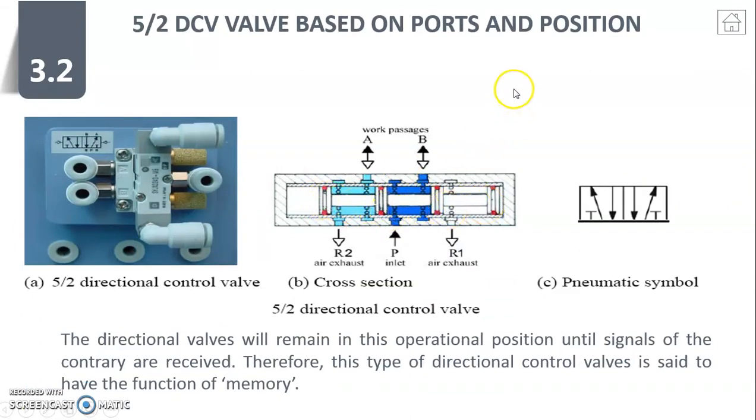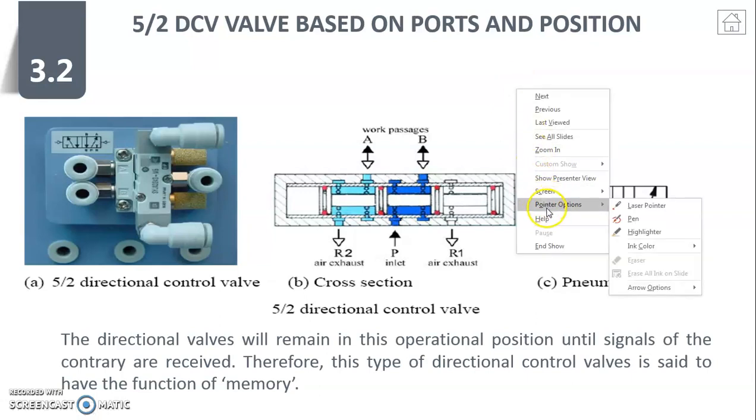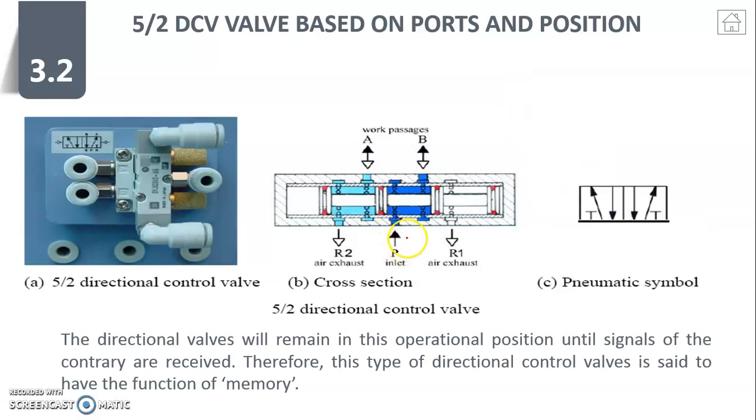The only thing is here we have 5 ports. I just want to mark it. You just assume the power is always connected with port 1. So this port is said to be port 1, and this B, that is the two-way double acting cylinder, is connected. Port 2 is connected with your double acting cylinder one way, and the third one is used for reservoir 1, or it will be connected with your vent 1, and the fourth one is connected as another output, that is, in the double acting cylinder.